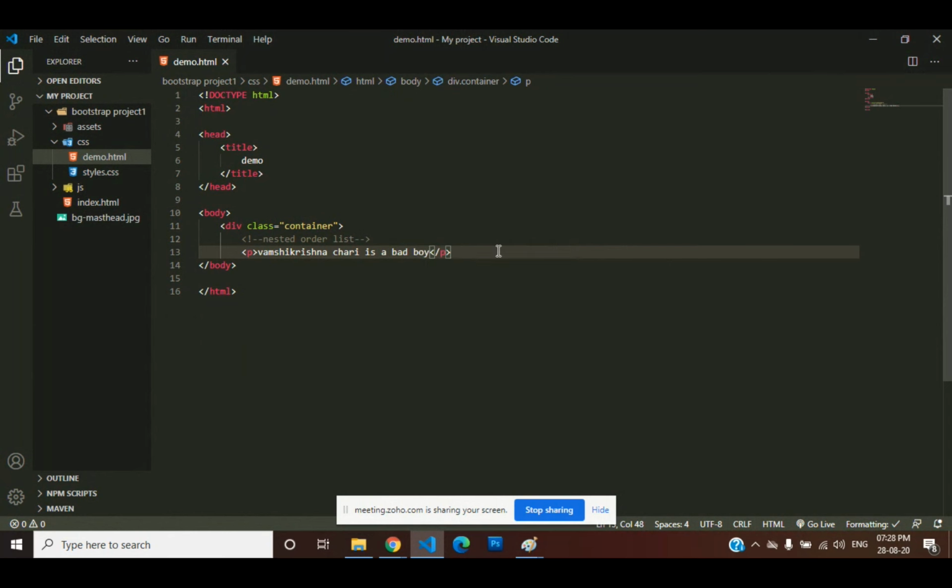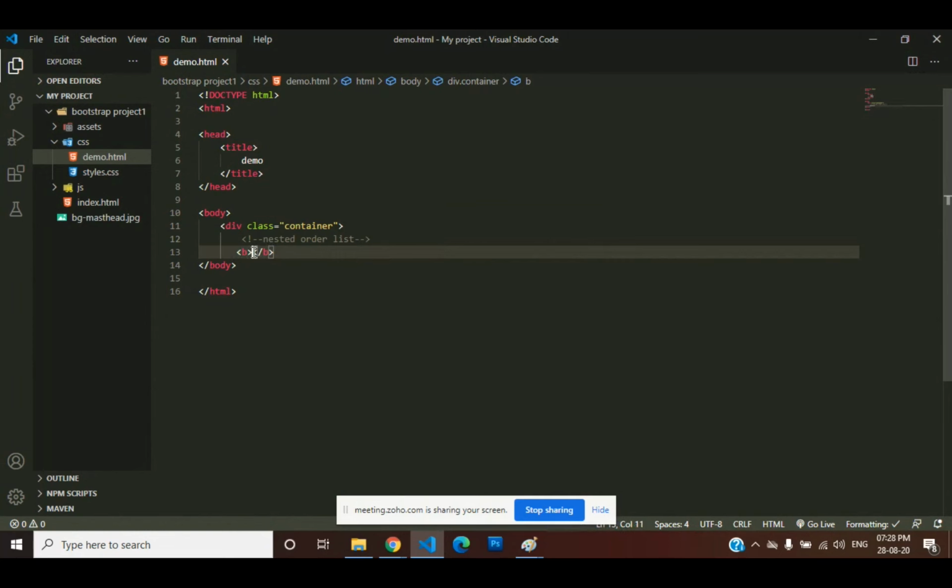So here it is one text. We will make it bold. We just have to use the bold tag. Between this bold tag, you have to insert the text. Whatever you want to decorate using bold, you have to insert the text between the two tags.